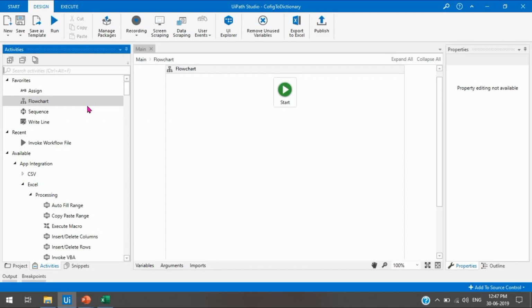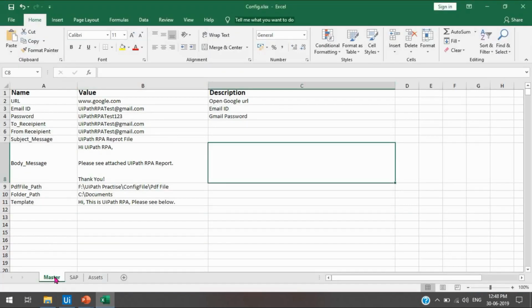Here first I need to read the config file and store it into the dictionary. So first we need the config file. As I already told you about how to create a config file in my previous video, I have already created one config file here. The first sheet is Master, the second is SAP, and the third is for Asset.